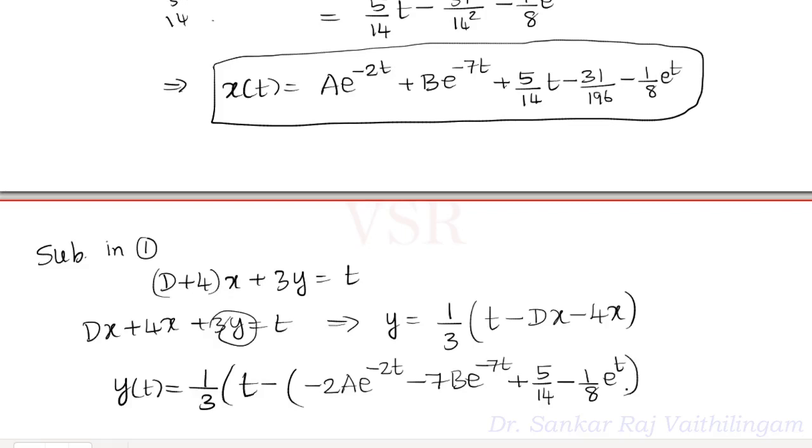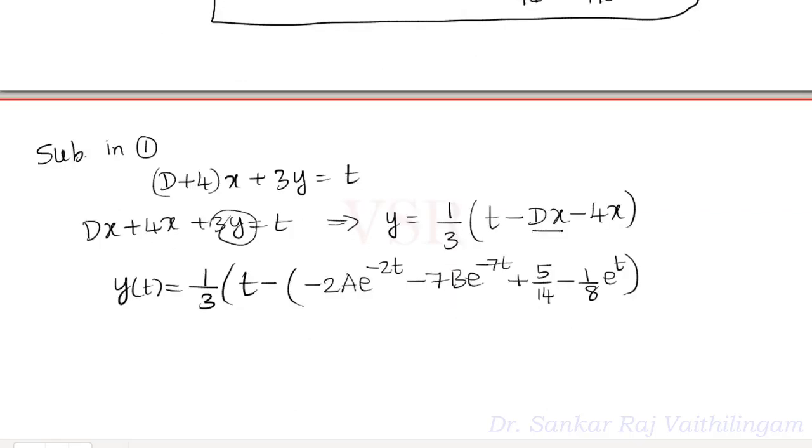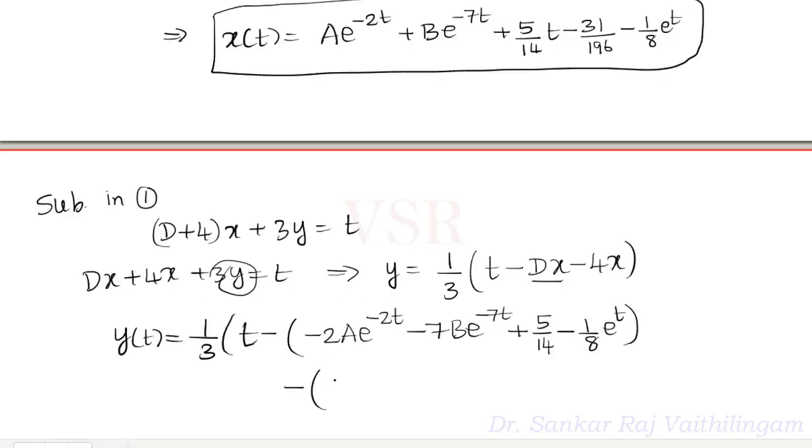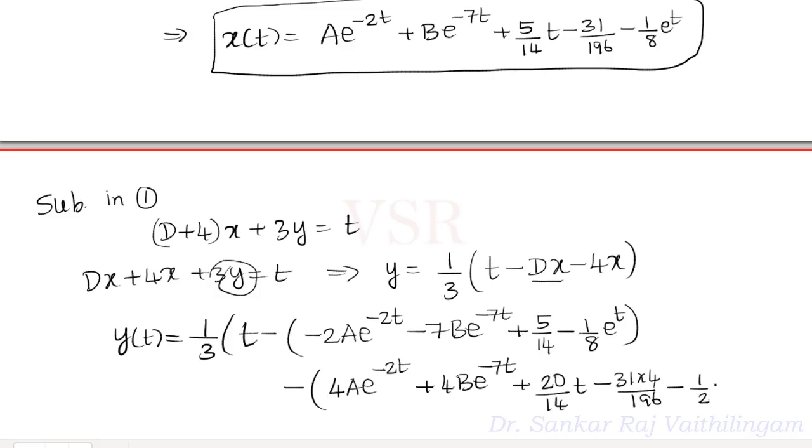This is Dx, and then I multiply by 4 again, minus 4. Multiplying by 4 we get 4a e to the power minus 2t plus 4b e to the power minus 7t plus 4 times 5 is 20/14t minus 31 into 4 divided by 196 minus 4 times 1/8